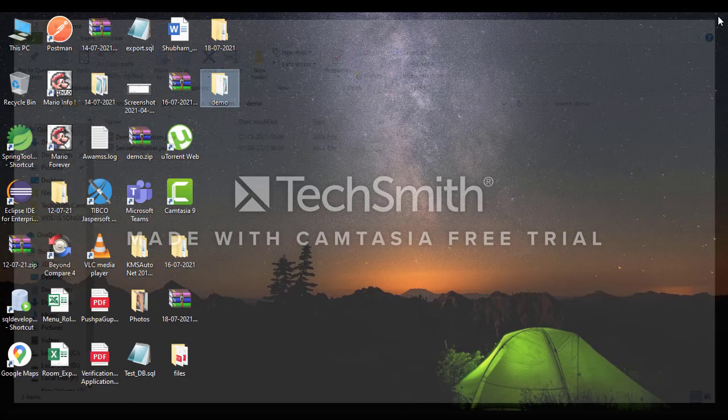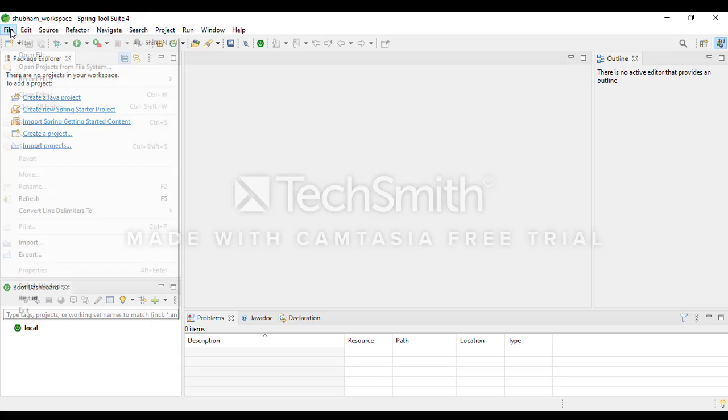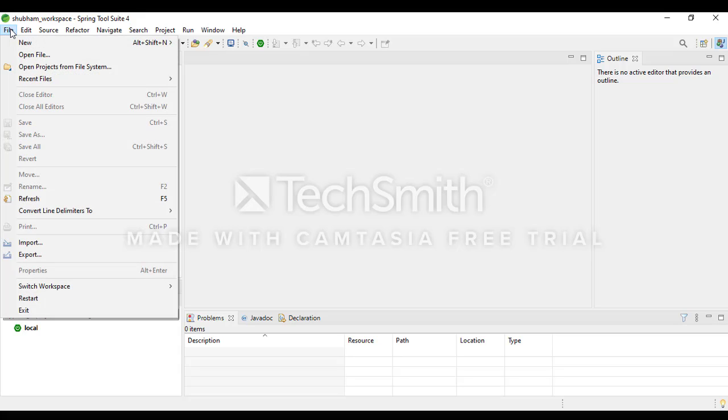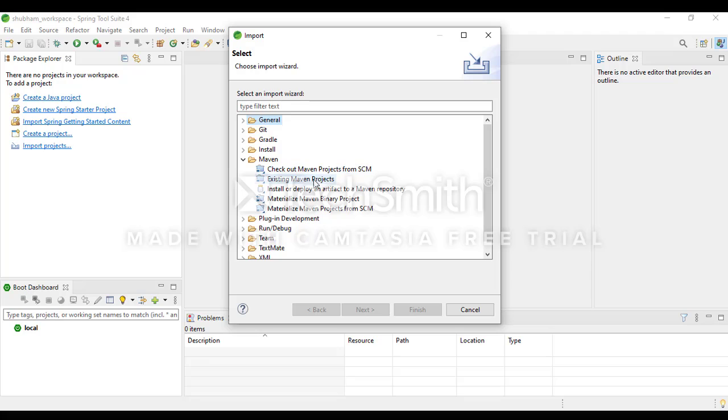So when we extract this zip file, we simply go to our STS, or if you are using Eclipse or NetBeans, then go to the import option, import Maven, and choose existing Maven project.